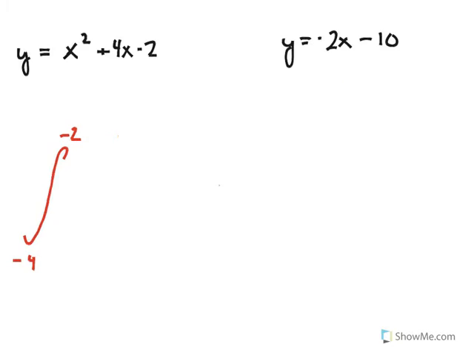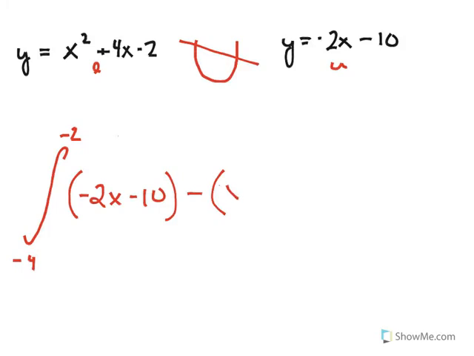Now that we know where our upper bound and lower bound is, we just got to figure out which curve is on top of the other. There's two ways. The easiest way that usually works is you take a look at the shapes of the graphs. The first curve is a quadratic and a happy one. The second one is a line going down. So I would assume right off the bat that the upper curve is the line and the lower curve is the equation over here. So I would write them in and put upper minus lower: negative 2x minus 10, minus lower, x squared plus 4x minus 2